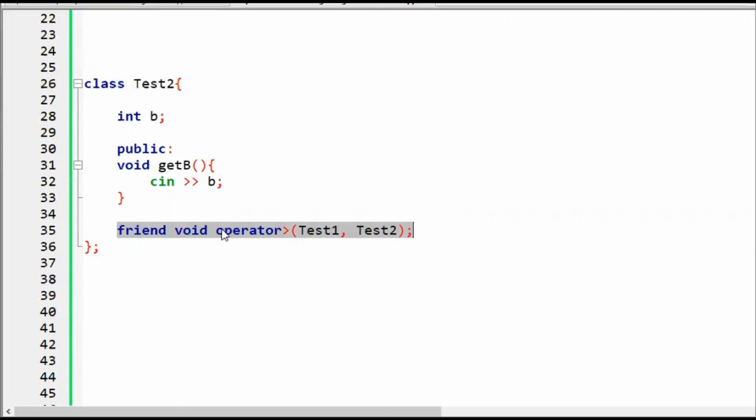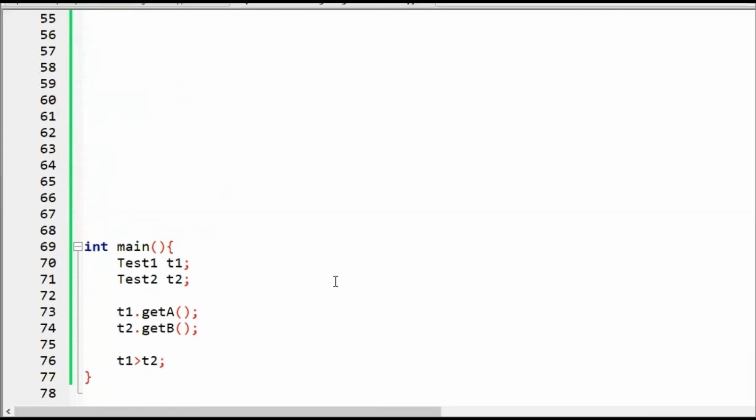So this function has the authority to access my private data like A and B. We don't need to define it again and again. It will definitely reduce the complexity of your program and also the space in your program. So this is the main motive of today's lecture.